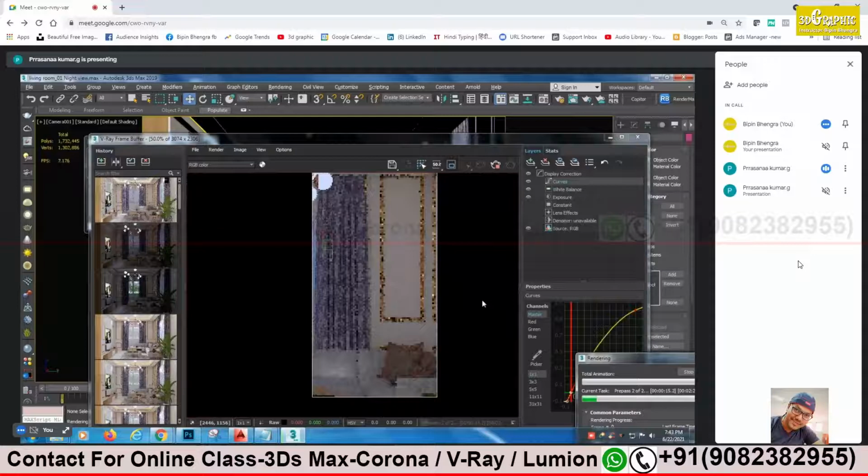You're talking near the floor? Yes, where the light is directly striking on the floor. The floor should not be too bright. Right. Okay. Just cross check that. Other than that, we are getting a good result, very nice result. It's good for night time. And in Photoshop, we will just focus on the temperature thing. Fine, sir. That is the only thing I'm concerned about. Other than that, it's looking good. Absolutely nice. Right, sir.